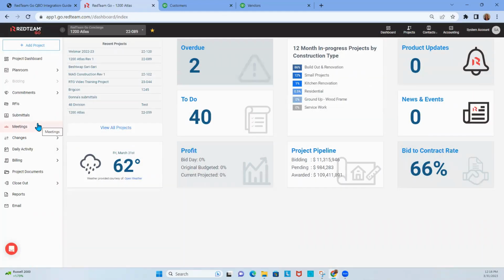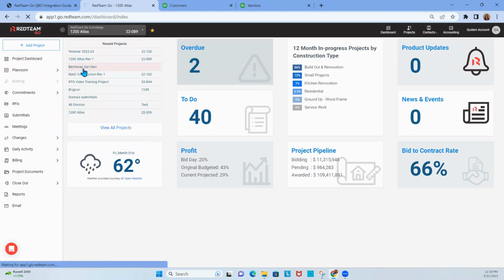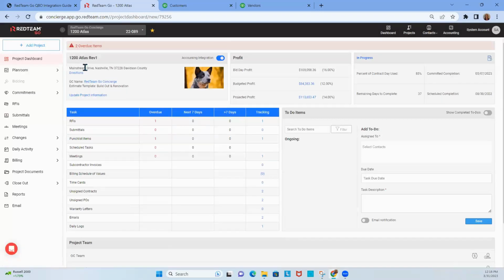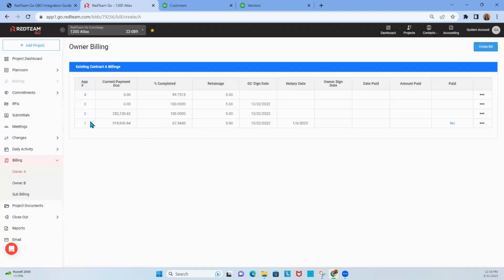So if we're going to process an owner billing, I am going to go to my projects, and I know that inside my 1200 Atlas, I do have a progress billing. And so we're going to go down to billing, owner A, and we're going to find that here's my first invoice right here. It's a progress billing. The GC signed it. It's been notarized. So that pushed it on over to QuickBooks Online. Now, if we were to open this up,